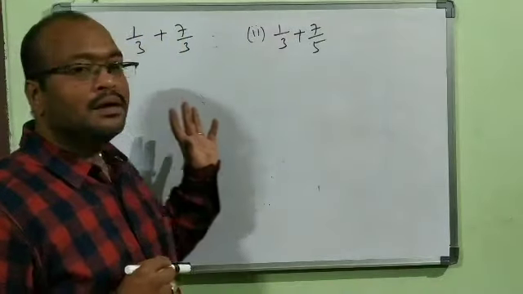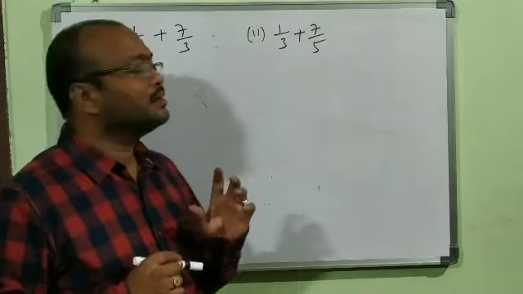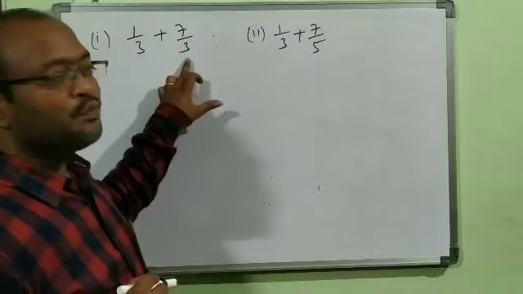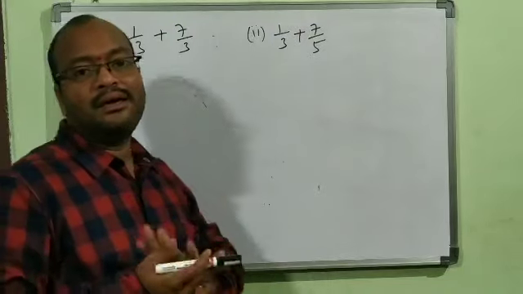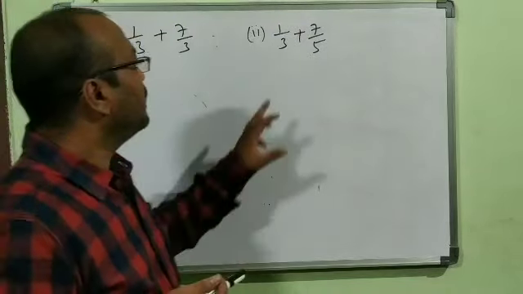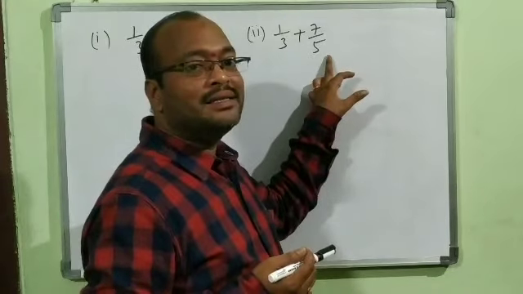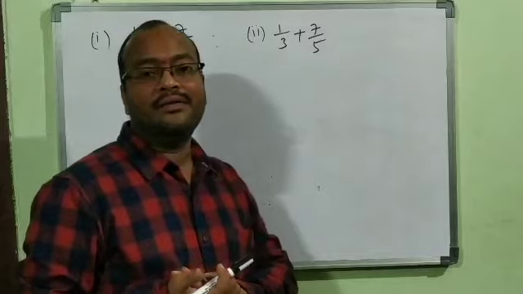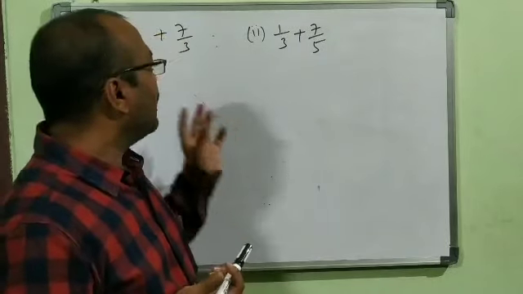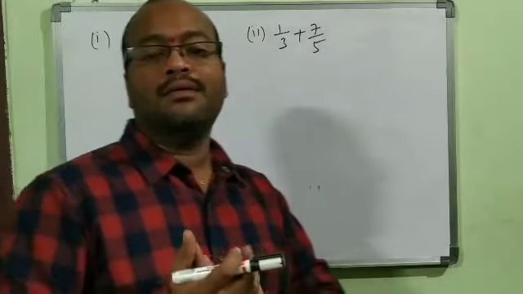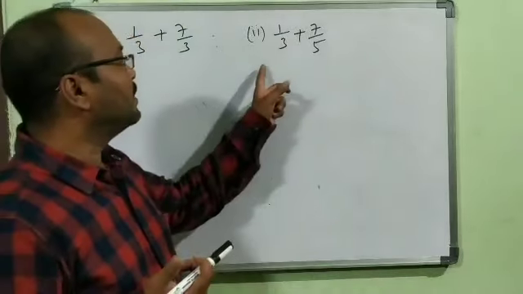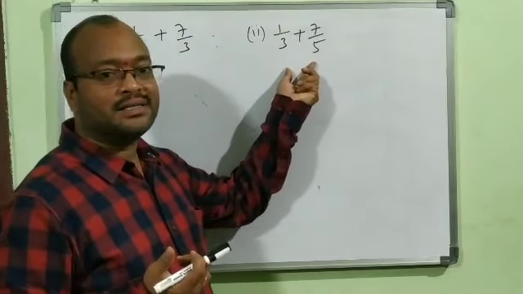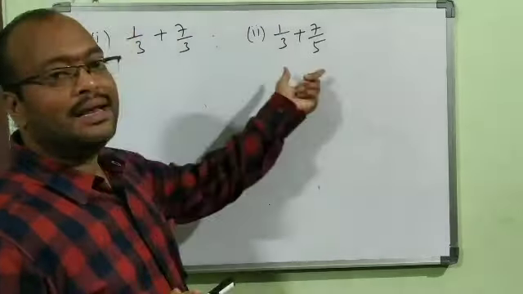Look at here. From the basics, whenever these types of questions are there, easily we can find out the value. But whenever the denominator contains different values, then automatically the difficulty arises. Today I will tell how to solve the trick whenever the denominators are different, like fractions and unlike fractions.